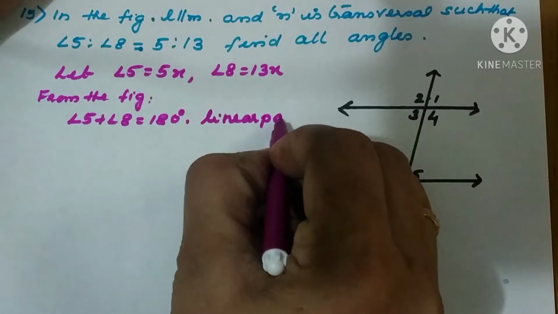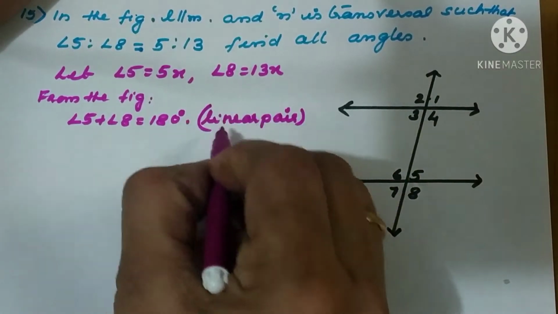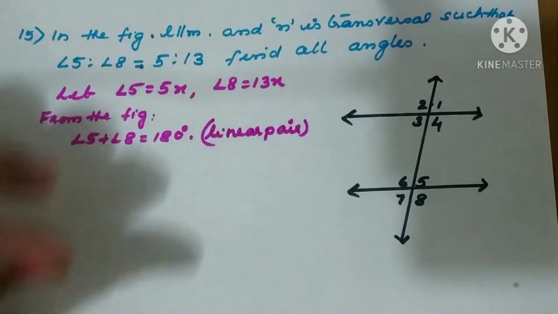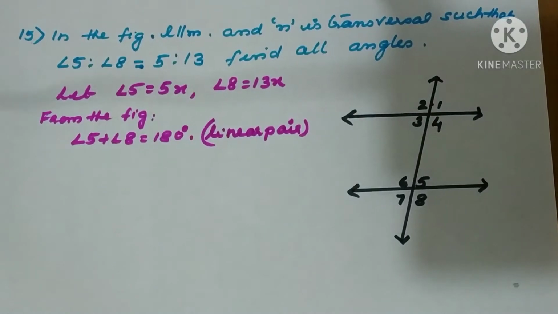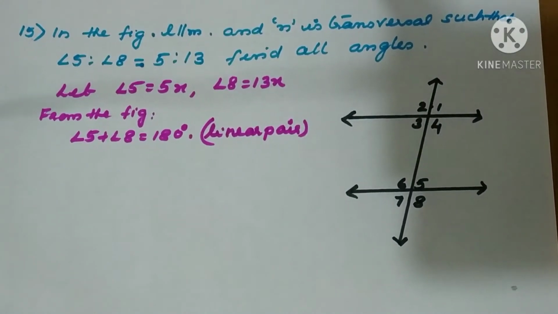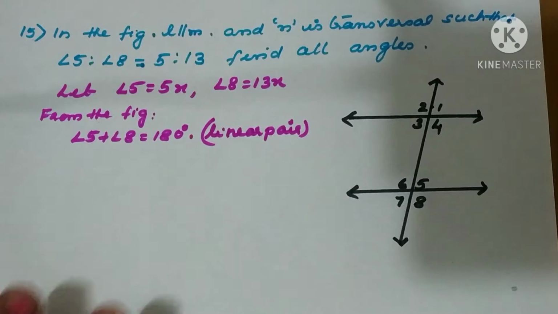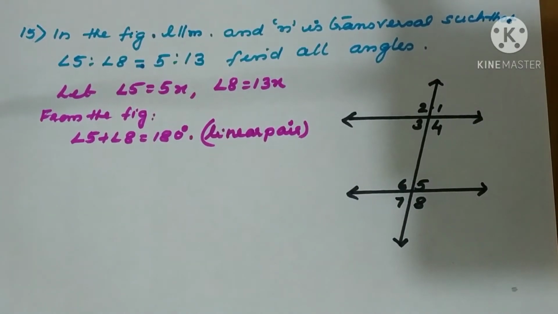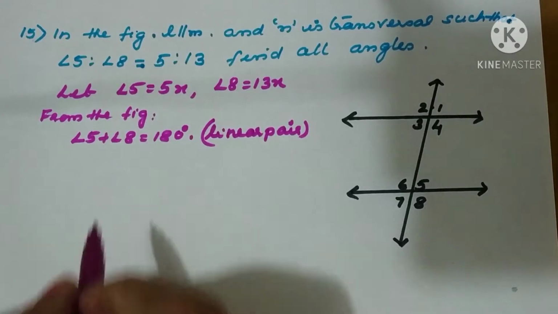Usually we have seen that when children are in the exams, they do not write the reasons correctly, they just solve. That is not correct. In the marking scheme it is clearly explained that this step carries half a mark. So whenever it is there, you must write the reason also.